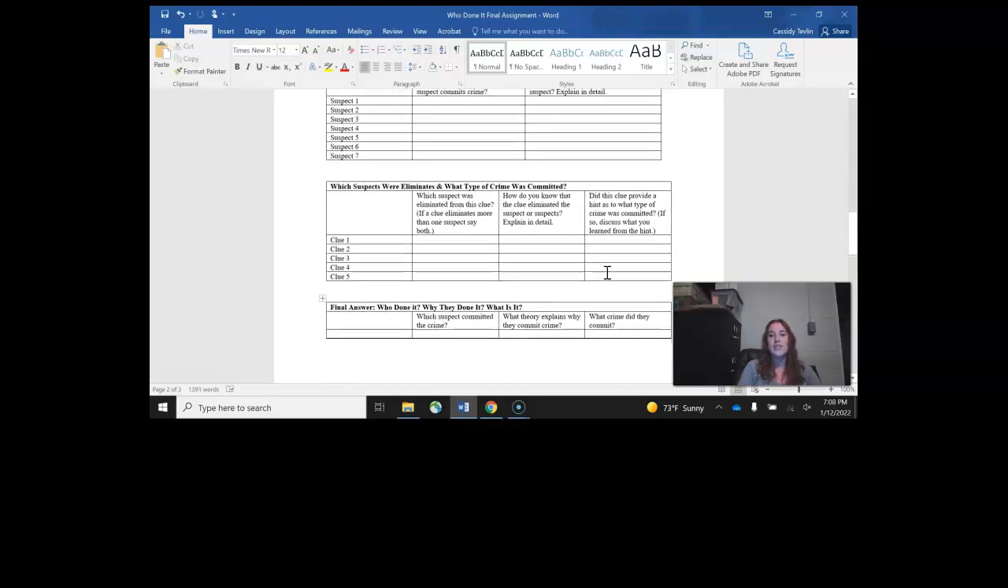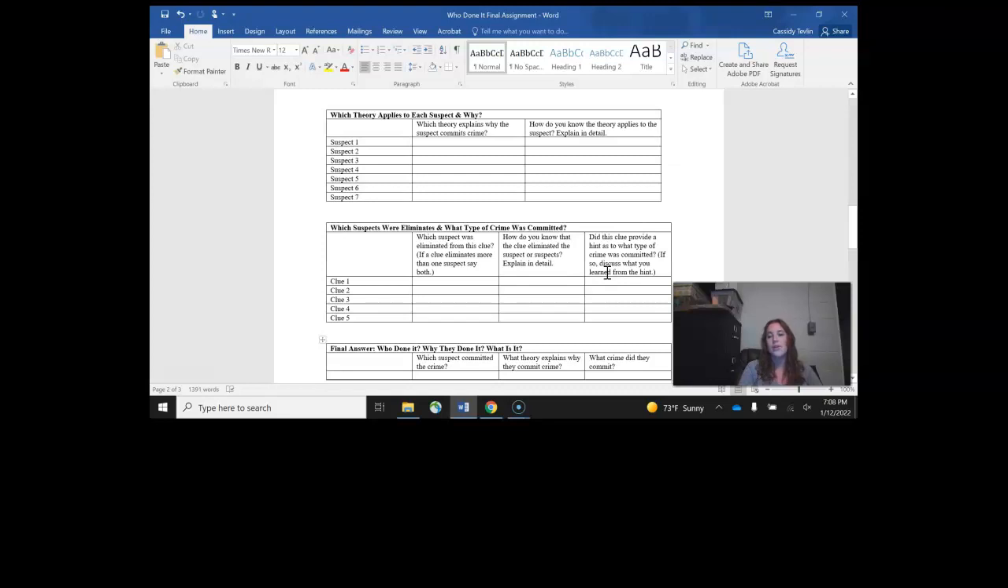So once these tables are all completed, you are going to submit them through the submission site on Blackboard. And all of that stuff that you need for this assignment is going to be under the Tests and Assignments tab under Whodunit Final Assignment. So the submission site will show up the week before the last week of classes. And so you have ample time to submit